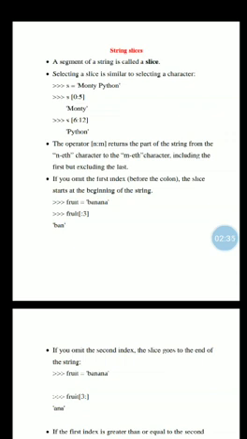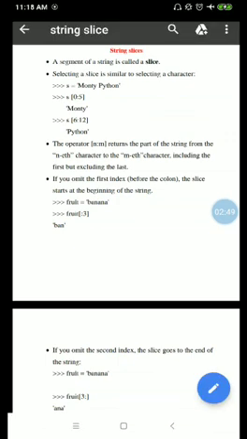If you omit the first index, that is before the colon, how will the output be? You can see the slice starts at the beginning of the string. For example, we'll take a variable. The variable name is fruit. In the variable, I'm storing a fruit called banana. That is fruit[:3]. There is no value for n and the m value is 3 here, which indicates I'm omitting the first index. It means the slice starts at the beginning of the string. You can see in the output, the string has started at the first position and ends with 3 minus 1, that is the second position. That is the reason the output is BAN.